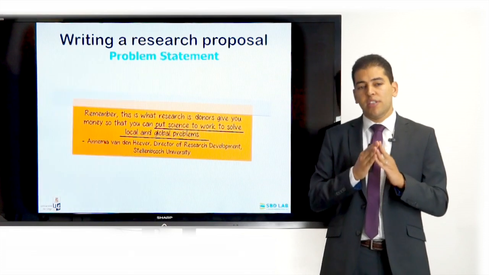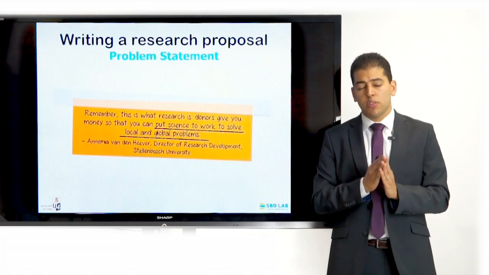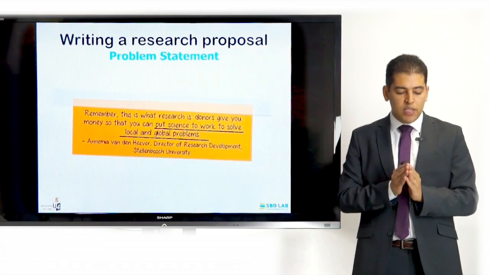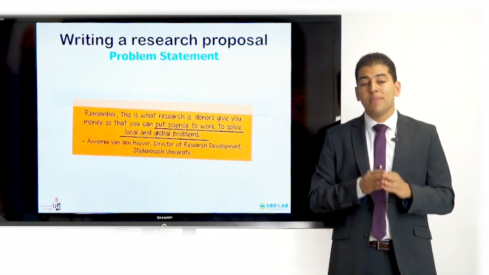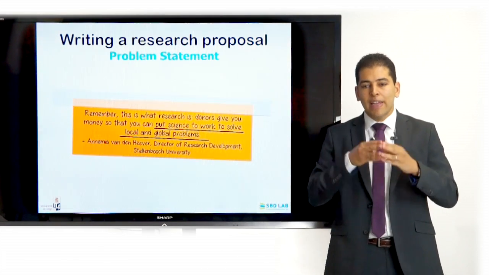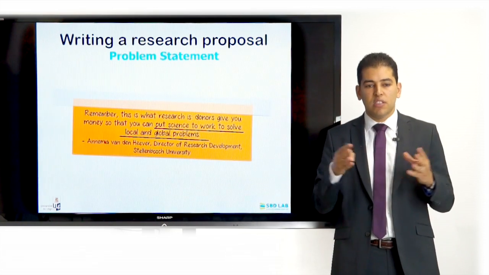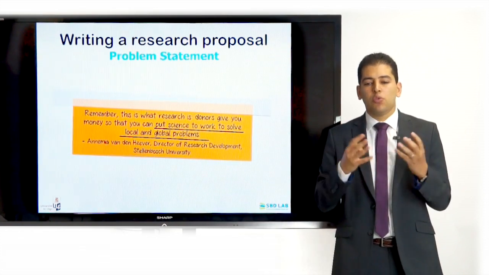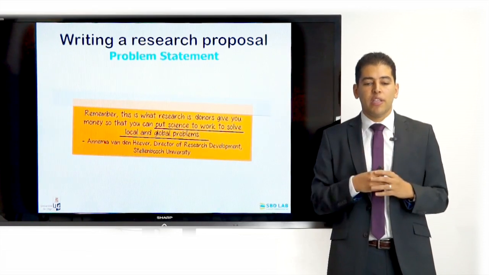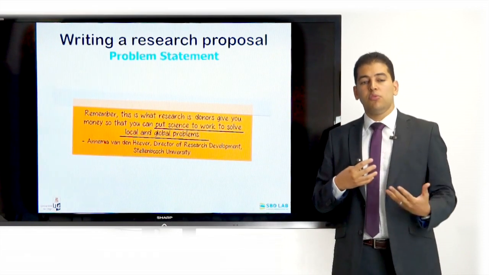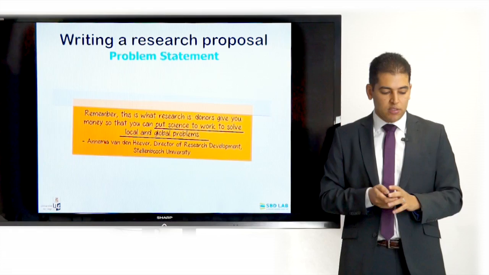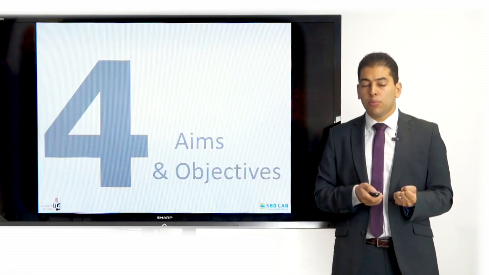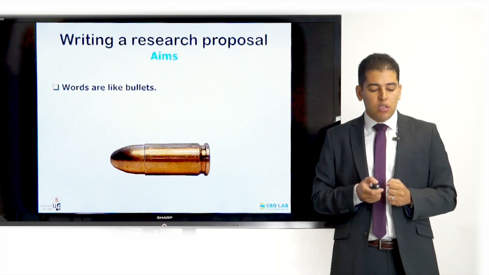So my advice in writing a research proposal: make sure that your problem definition is by default solving a local or a global problem, trying to solve it in one way or another, linking to reality, linking to statistics, putting some figures, variables, and contextualizing the problem, describing it in a way that is viable, up-to-date, related to our current practice. Once you are done with that, you can start to define your aim and objectives, and you should take